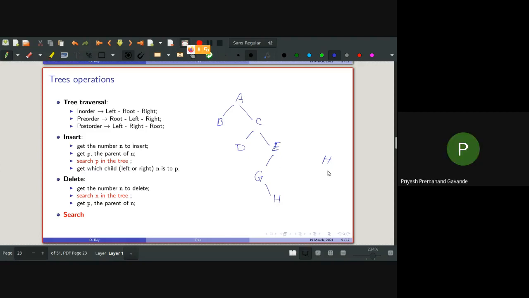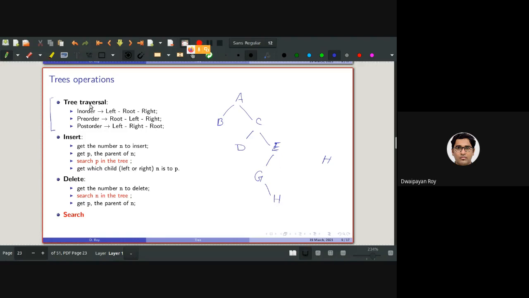It's the same as display, but instead of printing, we are only checking if it is H. We'll basically be doing some kind of traversal. Yes, display is also a traversal. You are absolutely correct. So generically, we can say we need to use any of the tree traversal techniques, isn't it?